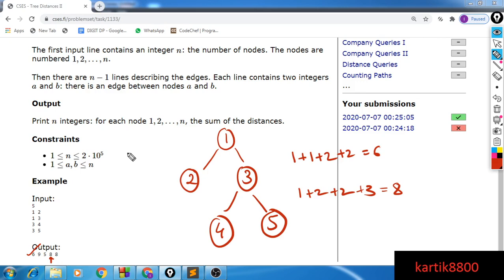Doing this in n squared is pretty easy. You can simply do a brute force by breadth first search solution and you will have the answer. But we will use a DP on tree solution. This kind of solution usually uses a rerouting technique. In Tree Distances 1, the technique that I described was a rerouting technique. This problem will also use a similar kind of DP on tree approach. So let's get started.